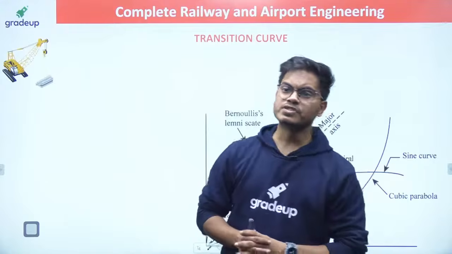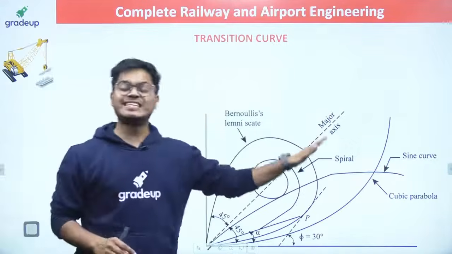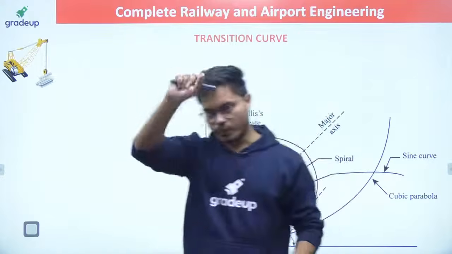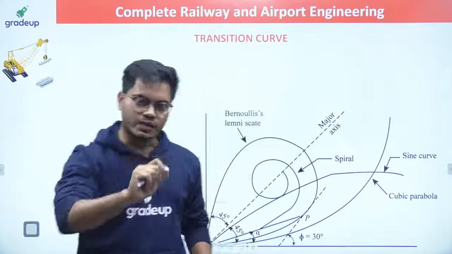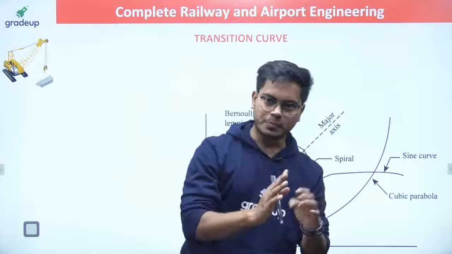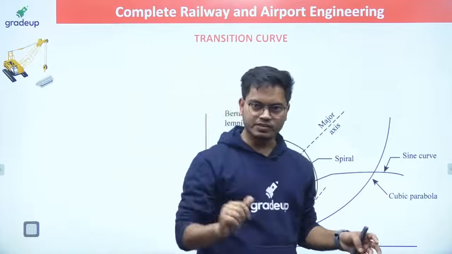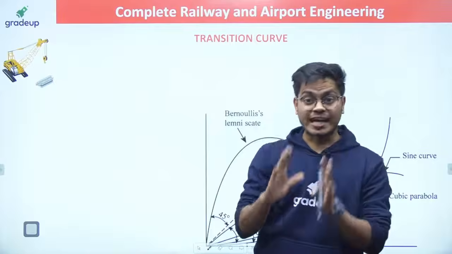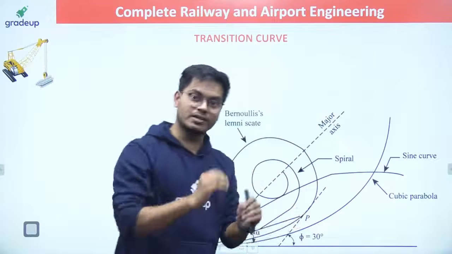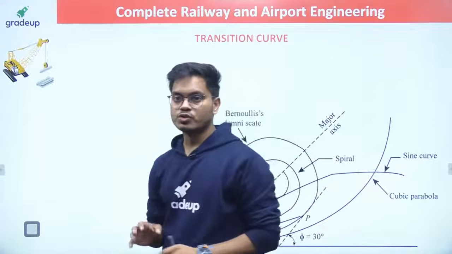Everyone, sir, we have CANT deficiency, actual CANT 134. Sir, the whole process is designed in such a manner that you don't have to go back to the first point again, right? Just do this. Initially get the value with the help of equilibrium speed, get the value with the help of maximum speed, get the CANT deficiency, make it under the limit, check the actual CANT is coming under the limit. If it is not, keep it under the limit, and you are going to get the answer. So don't worry.